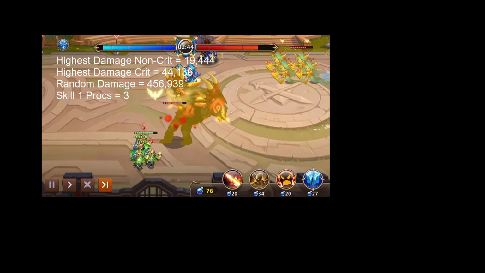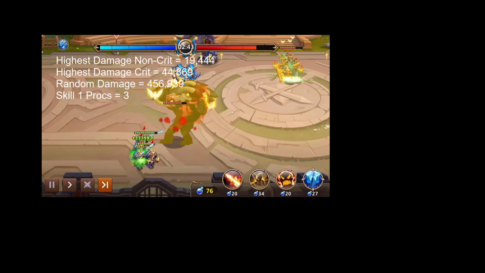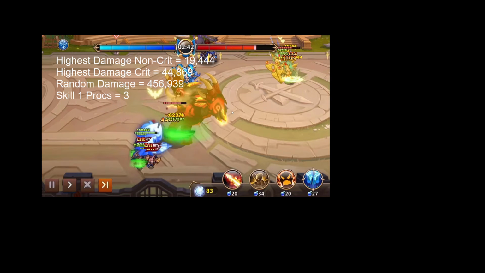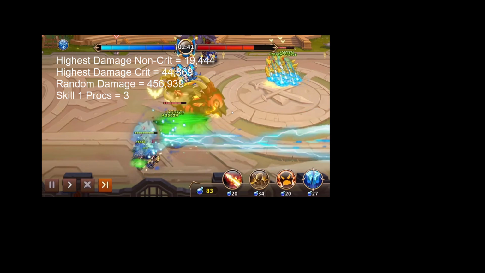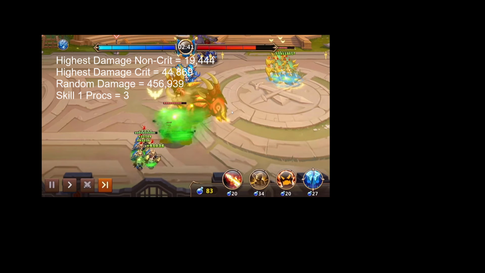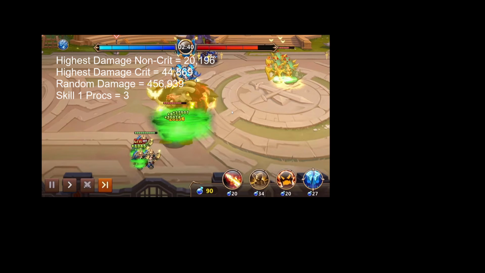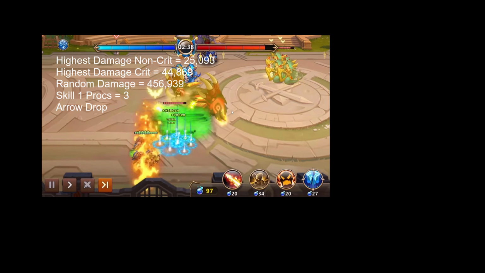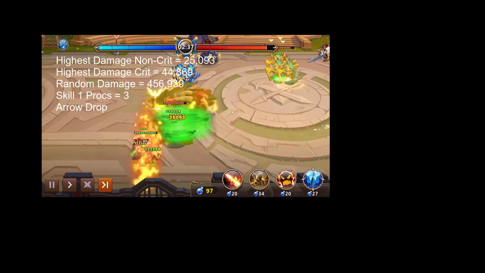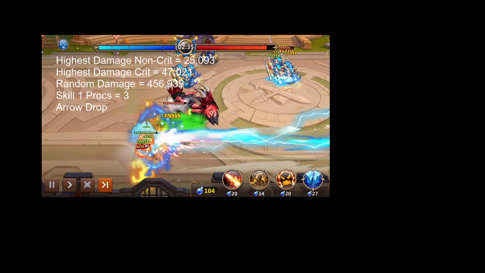It was 456,000. You can see right now there's some arrows falling on top of the Mermaid. I believe that is the animation for the fourth skill. She is currently at a lower health percentage than the Behemoth, and that changes right now, and the arrows are now falling on the Behemoth. So I believe that we should see another 30% damage reduction. And you'll notice that our highest non-crit is at 25,000, and our highest critical hit is at